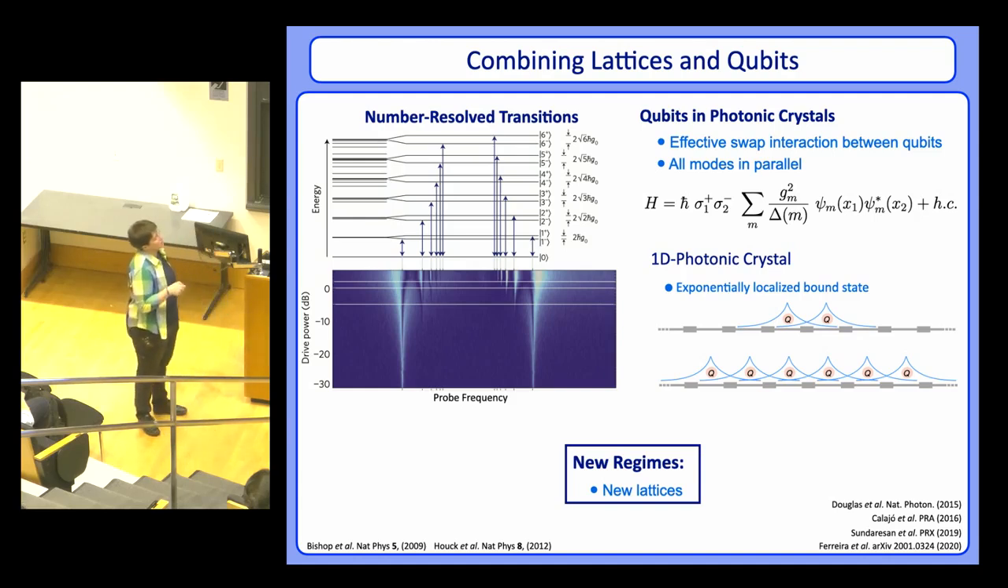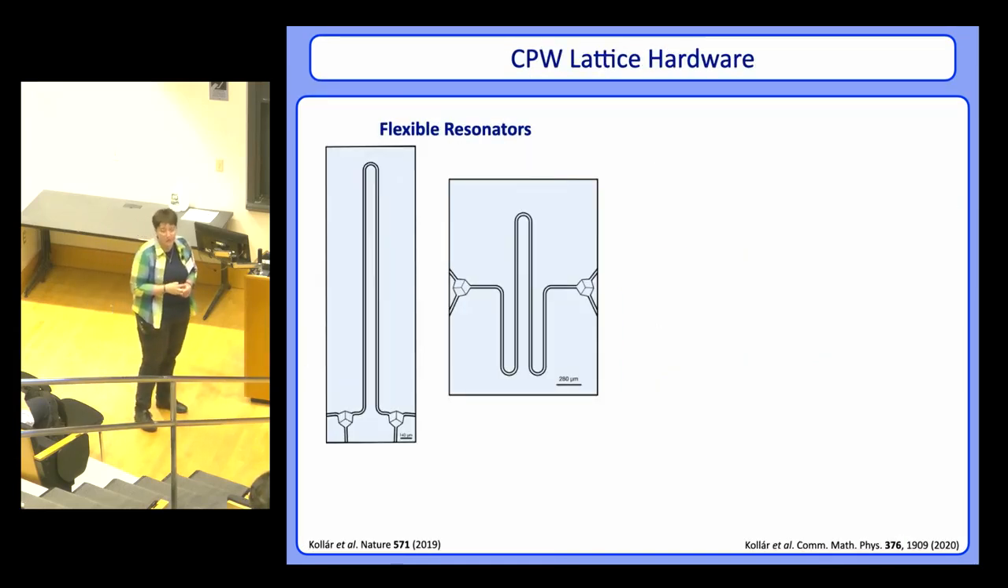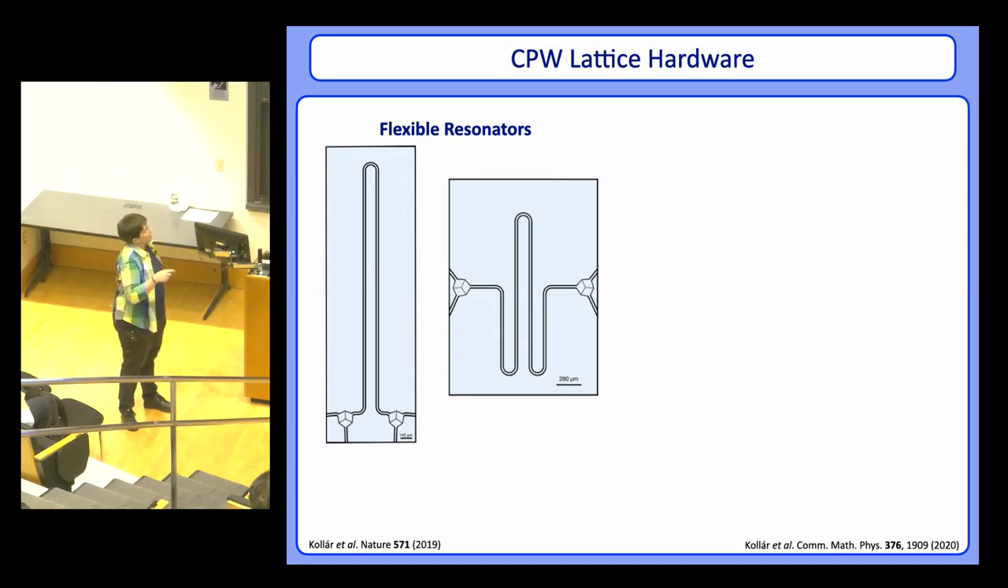And so what are these new lattices that we can go to? Well, so the key really lies in two aspects of the hardware. And so the first is that our resonator is actually deformable. So this is the CAD for two different lattice sites. And so we're looking at this in the optical frequency domain, and you say, well, that's a totally different shape